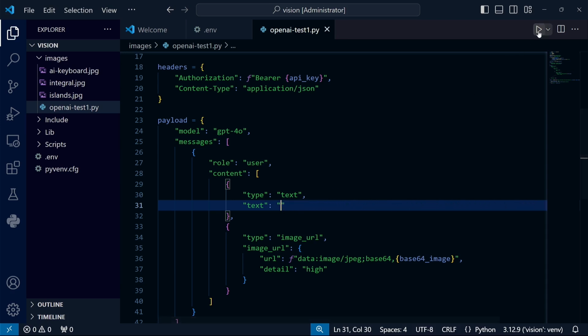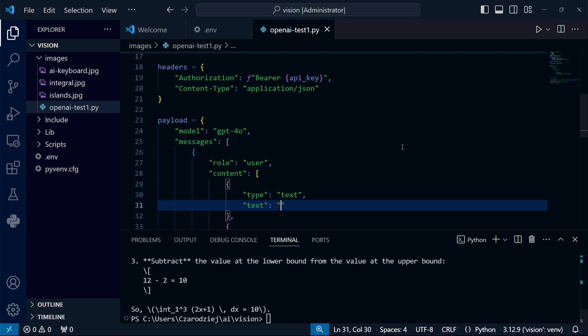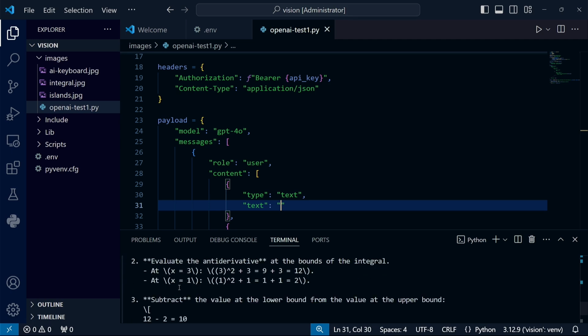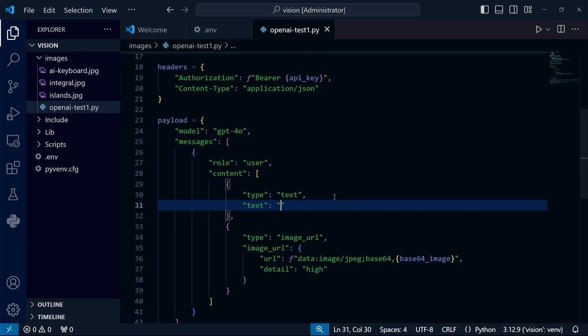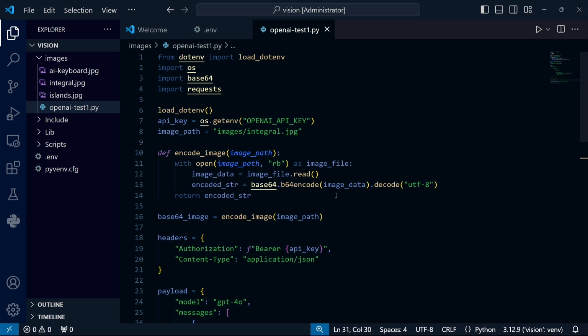Okay, we can run the program. And here you go. The result is as expected. 10. Of course, I won't be checking the entire line of reasoning. But since the result turned out correct, I assume everything is fine. So definitely pass. Okay, it took a bit of time since we tested 3 different pictures, but we can consider the first program ready. Let's move on to the next stage.